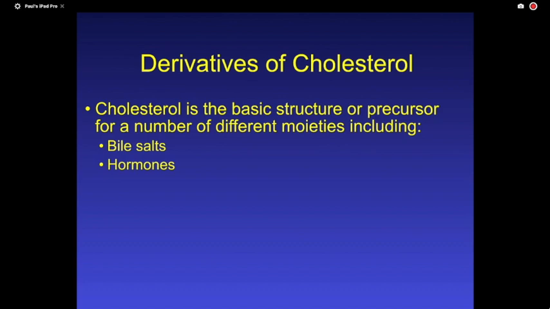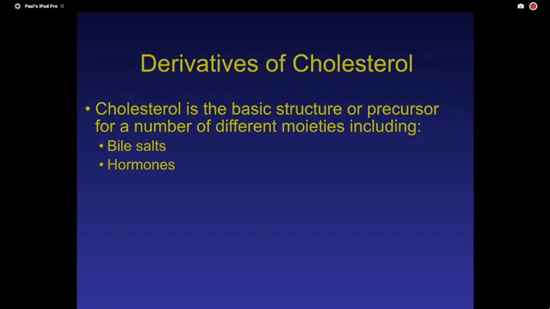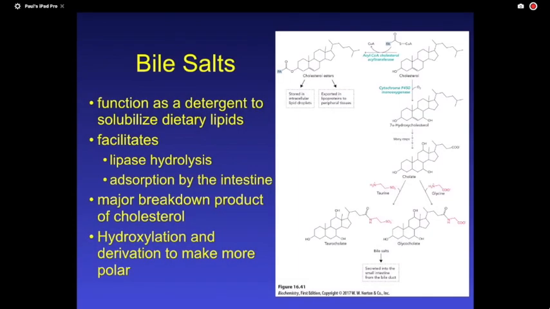When we start making derivatives of cholesterol, we start making a whole different type of molecule that can be useful for digestion and for a whole set of hormones. The first set of derivatives produced from cholesterol is really the beginning part of the degradation of cholesterol. And so what we're going to do is make the cholesterol a lot more soluble. We will use an enzyme called cytochrome P450 using molecular oxygen, and we'll add lots and lots